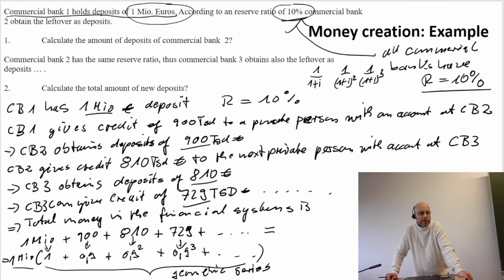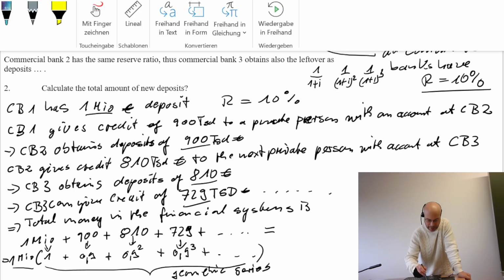But the persons who made the deposits of 1 million euros at the first bank, of course, they act like they have 1 million euros. The second person now has taken credit in volume of 900,000. He or she also now acts as if she has 900,000 euros. She can start to buy things. Then at the third bank, there appears also 90% of 900,000, and so on, and so on, and so on.